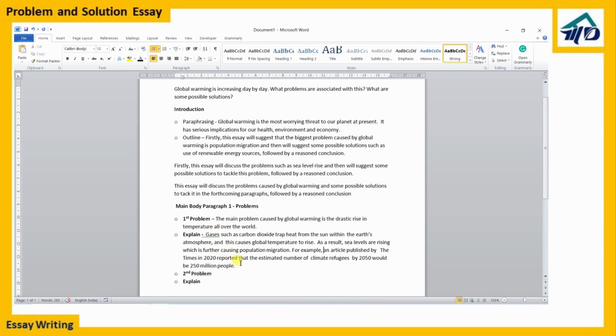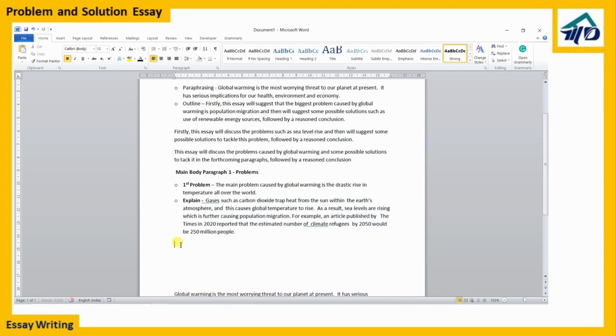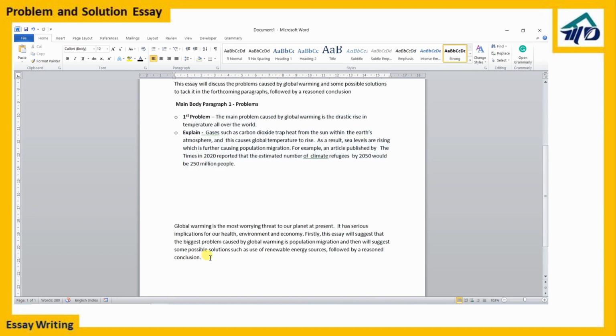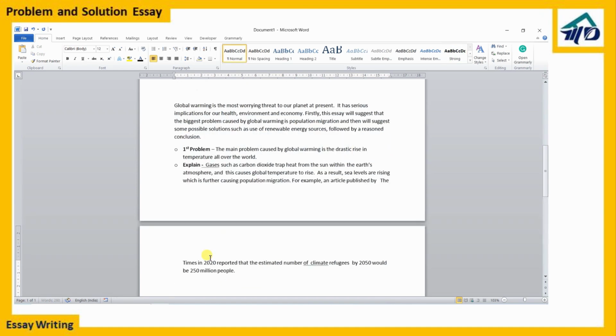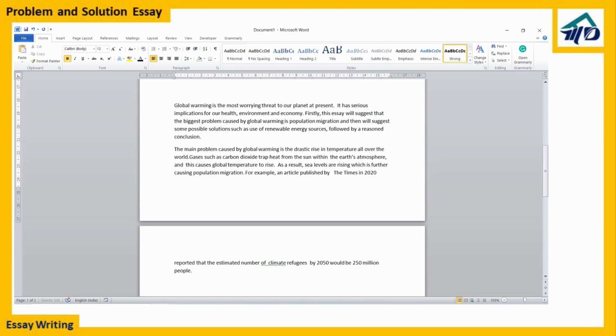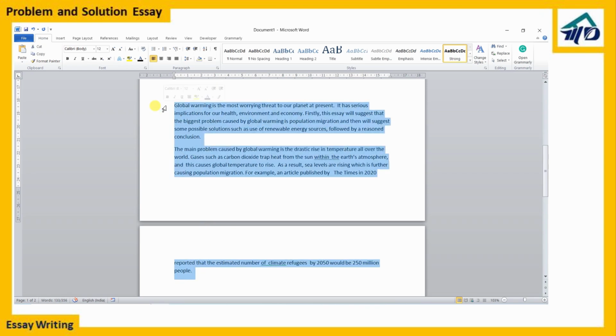Now, because I have discussed this one in detail, I won't go for the second problem unless my paragraph would be more than, I would say, 90 to 100 words. Let me just check how many words there are. I have got something like 70 here. Yes, 76. So this is fine. Overall, how many words have I got? 133. Now, if I write, let's say, 60 to 70 in my third paragraph, I would get 200 words, and then I have to write 30 more.